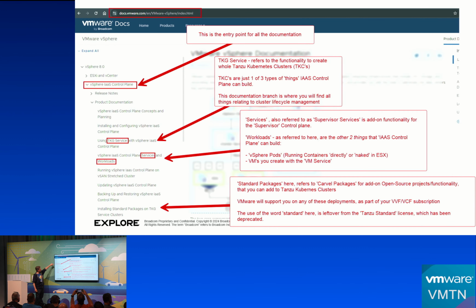Docs are confusing as hell. This is going to be renamed very shortly, according to Katrina. But just be aware that the documentation is kind of vague here. The naming of things is very specific to concepts that they have. Like they'll talk about a workload. What they mean with a workload? They mean a VM or they mean a vSphere pod. But they don't mean clusters. That's what they mean with a workload. They don't mean the workload that goes into the clusters. They mean a supervisor workload. Confusing naming, right? That's why I made this slide, to explain what the hell it is they're talking about.